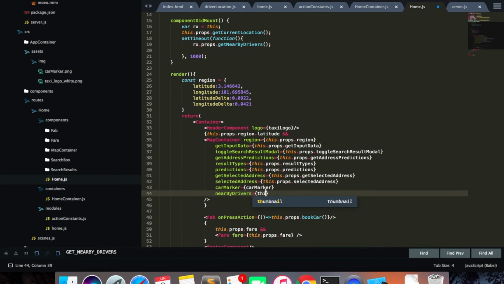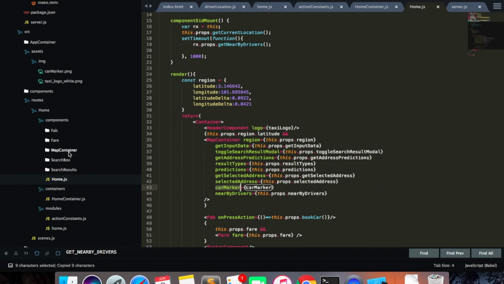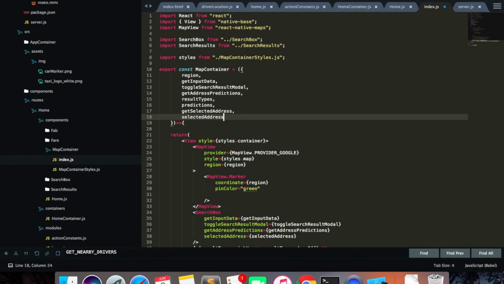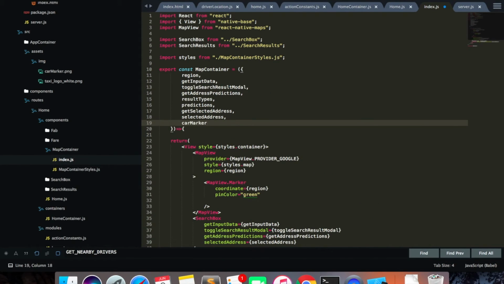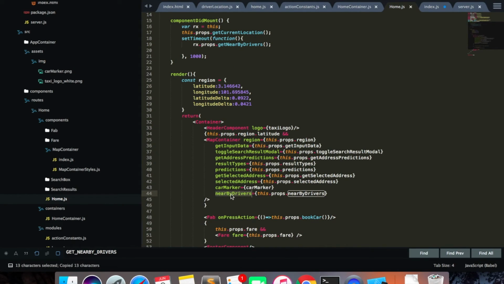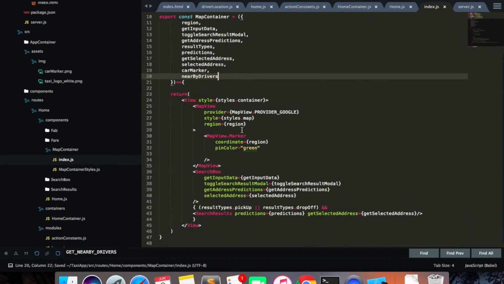So just do this.props.nearbyDrivers, and inside my map container, let me just format this. Pass in the car marker and the nearby drivers. Okay,